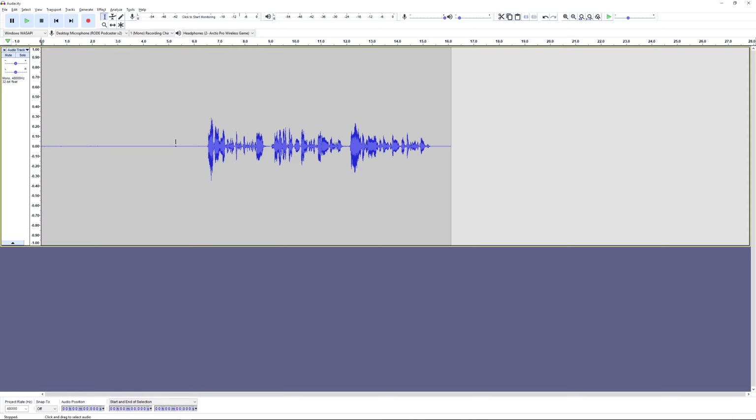Now we can see things a bit more clearly, and we can see my voice, and we can also see the odd pop or click here, which is why I tell you make sure you record a good amount so that you don't use this sort of thing for noise removal later, but we'll get to that. Okay, so